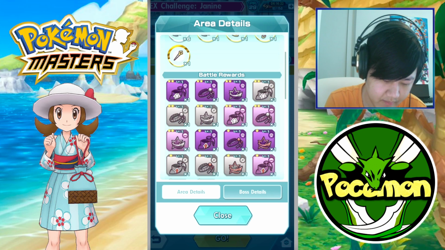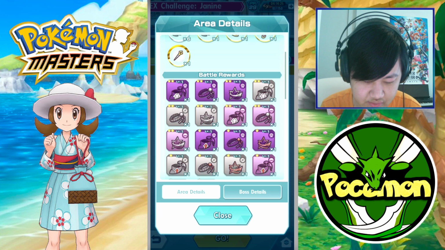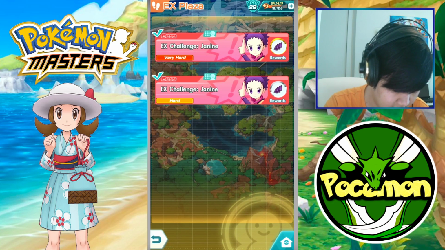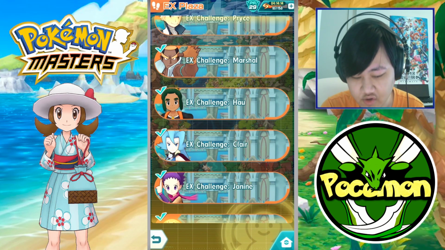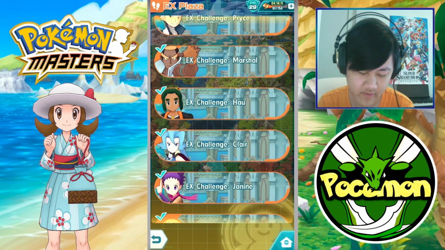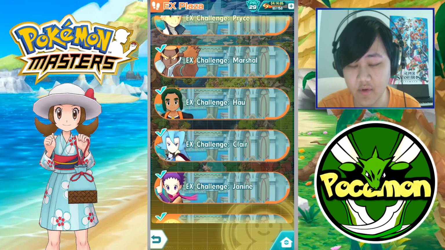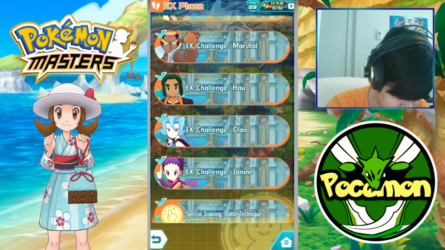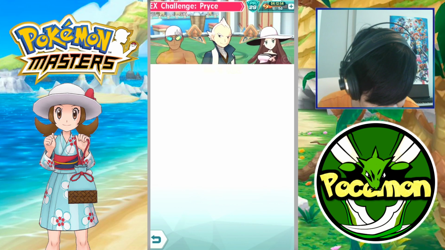So, here's the thing. Depending on what you want to farm, you probably don't have to farm Flannery EX if you're going to farm Price EX instead. You don't have to farm Flannery EX if you're farming Price. You can farm Marshall, but I think it's probably more efficient if you don't farm Flannery and you just farm Price EX, because again, with Janine you get Poison, Normal, and Ghost, and then Price gives you